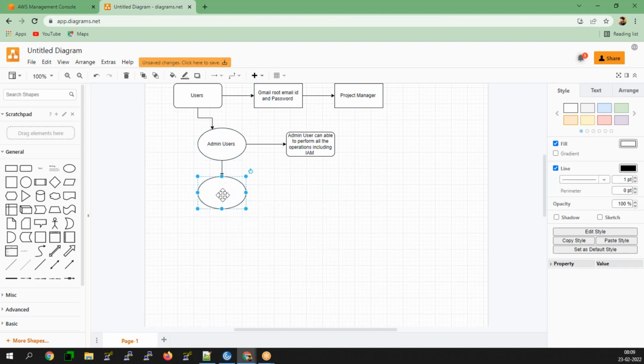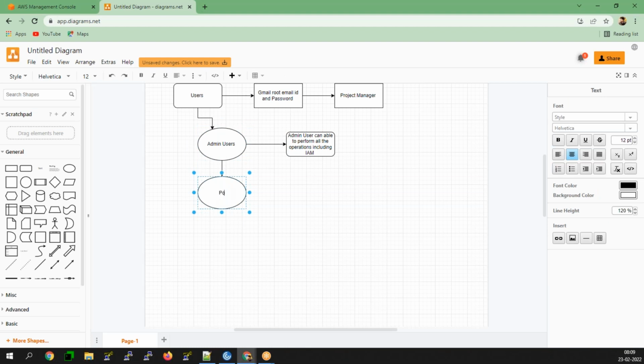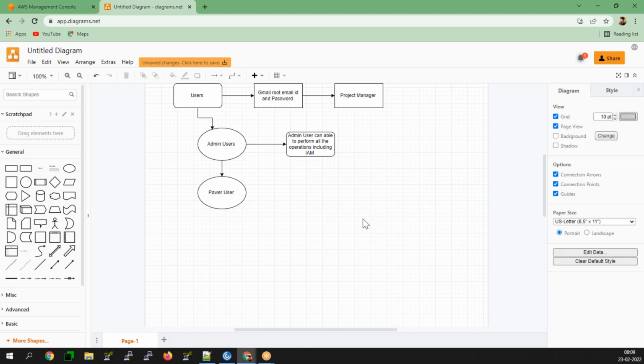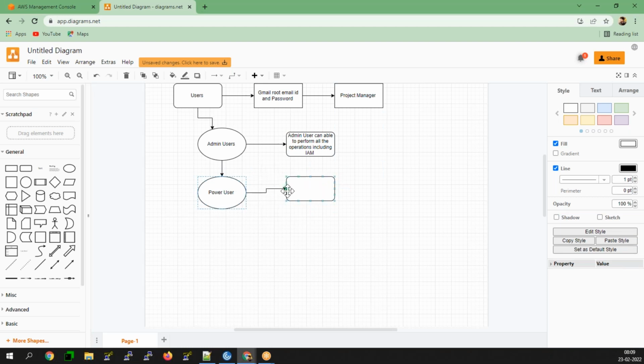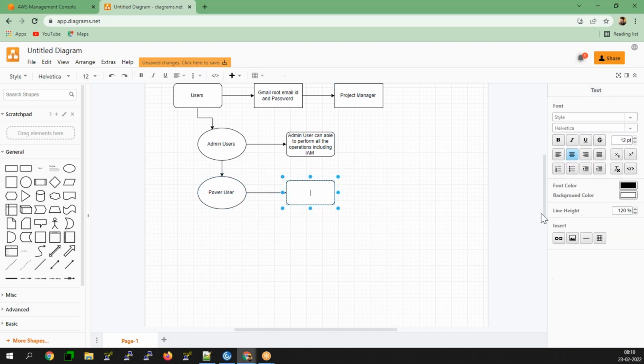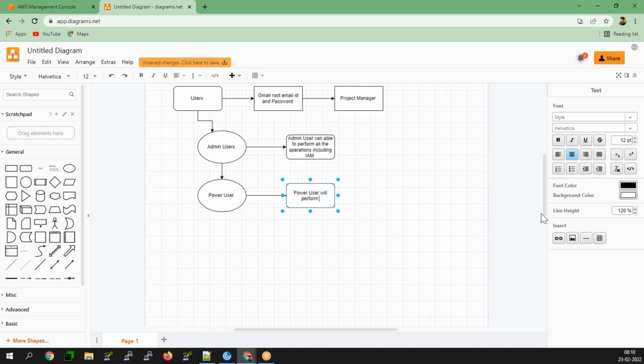There is one more user called power user, who can perform all the operations, excluding the IAM.